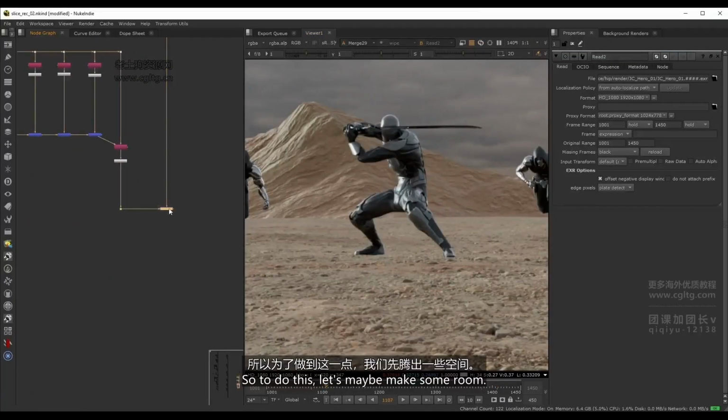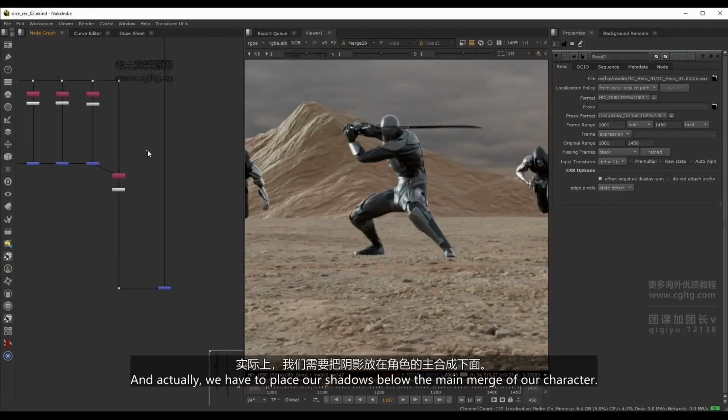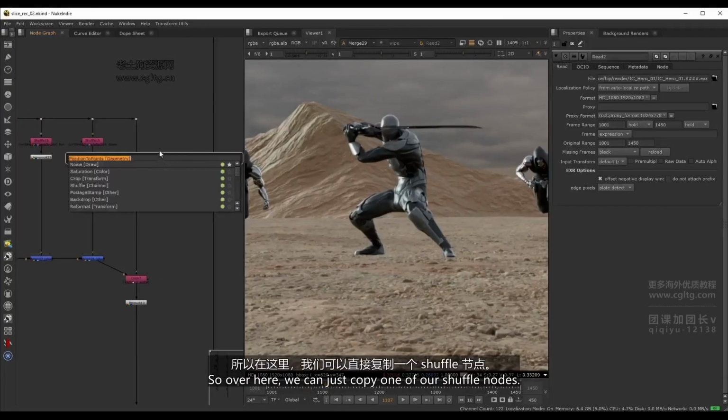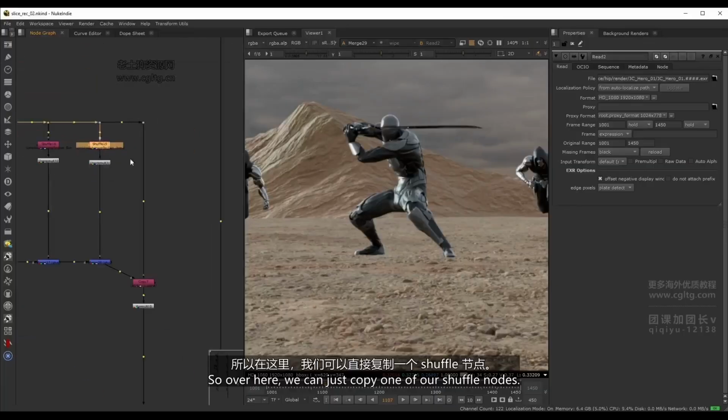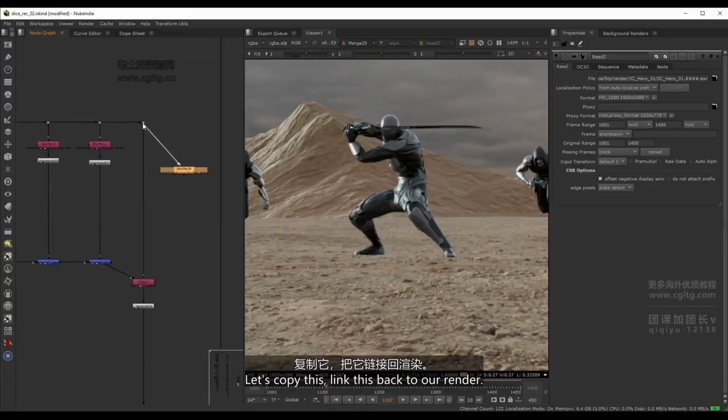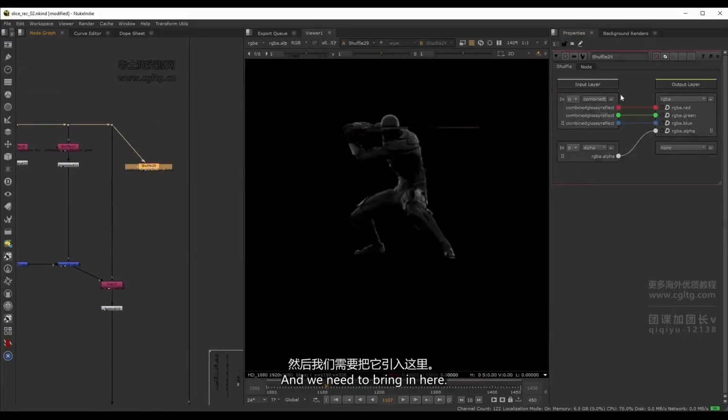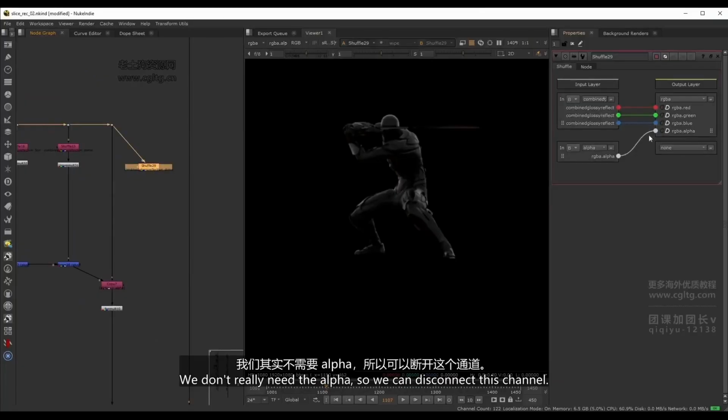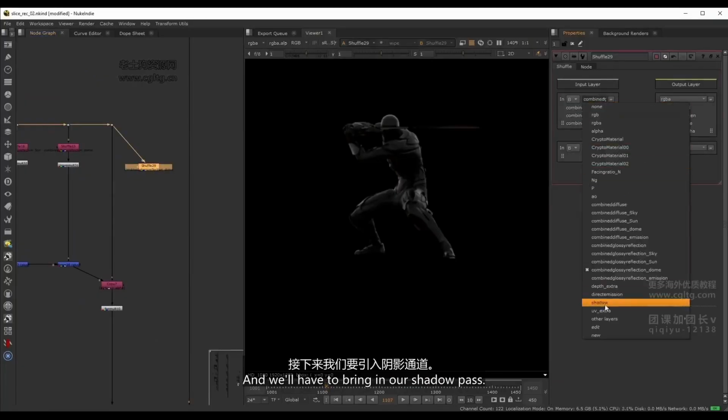So to do this, let's maybe make some room. And actually, we have to place our shadows below the main merge of our character. So over here, we can just copy one of our shuffle nodes. Let's copy this, link this back to our render, and we need to bring in here. We don't really need the alpha, so we can disconnect this channel, and we'll have to bring in our shadow